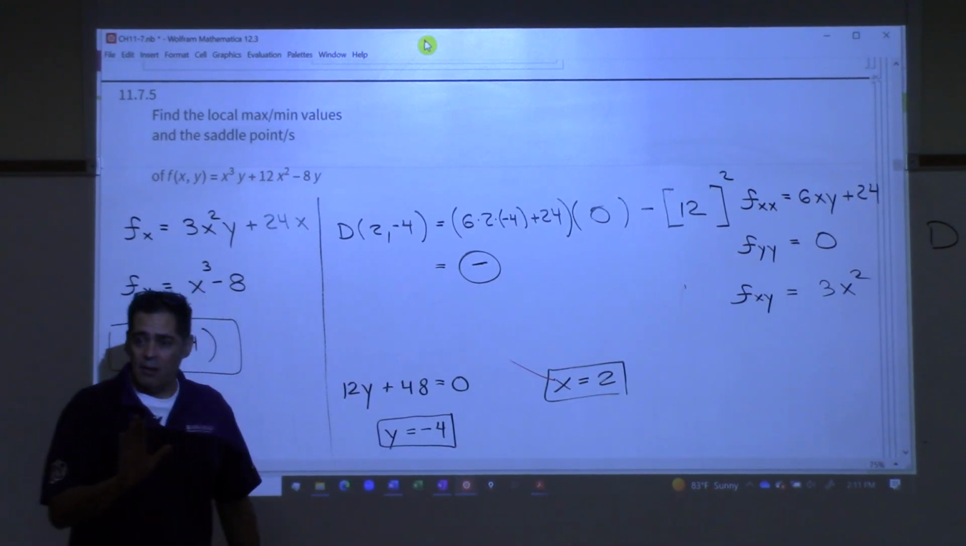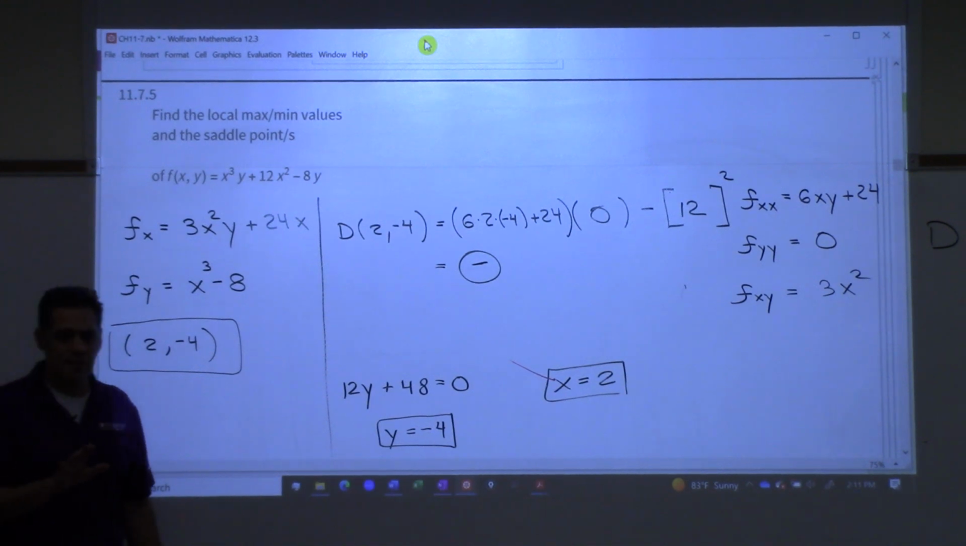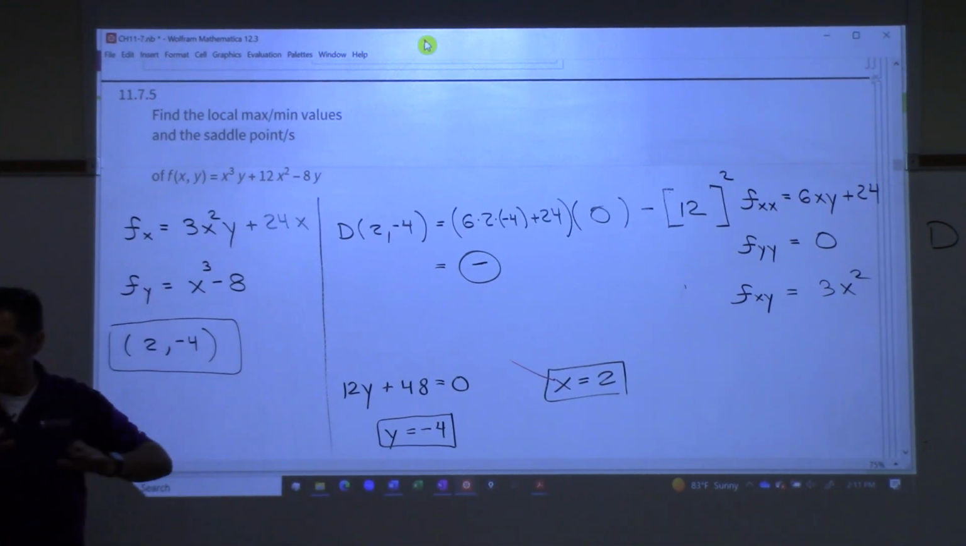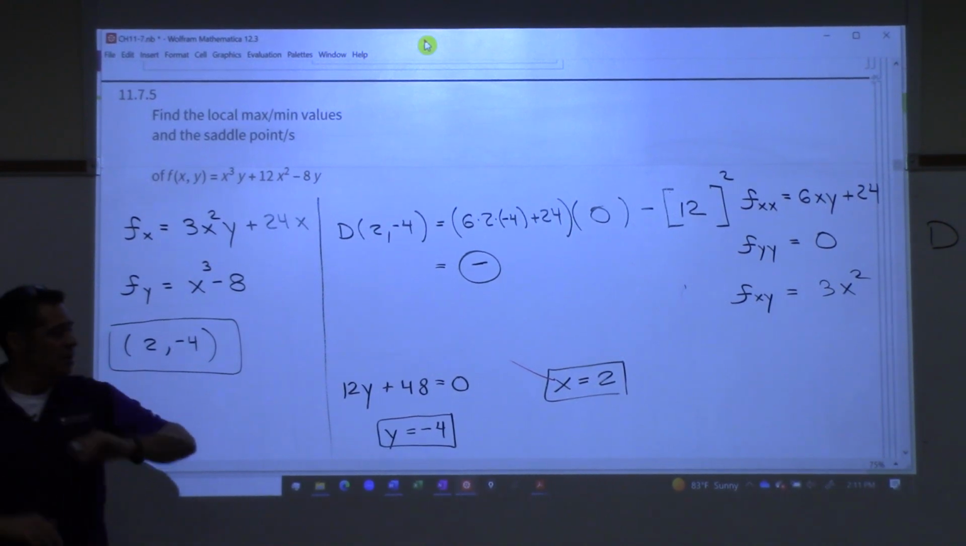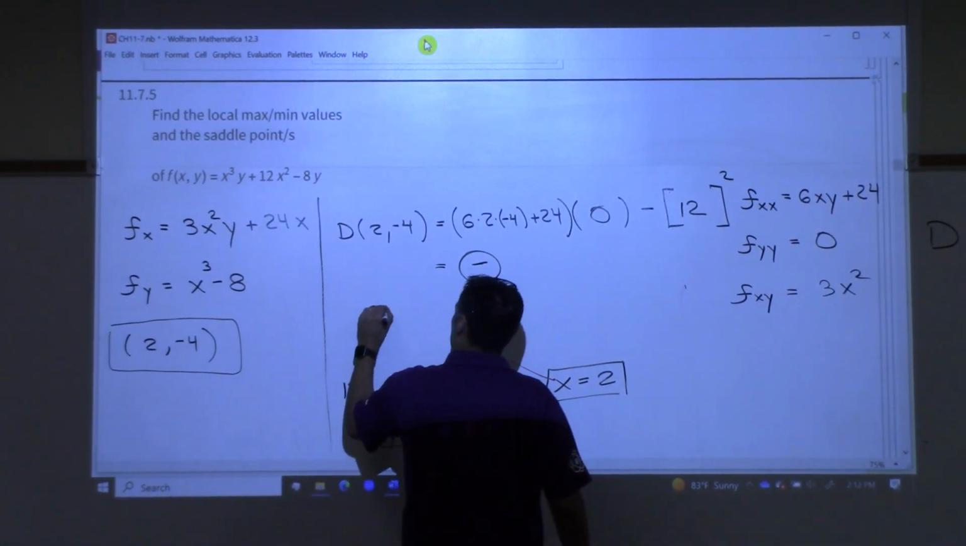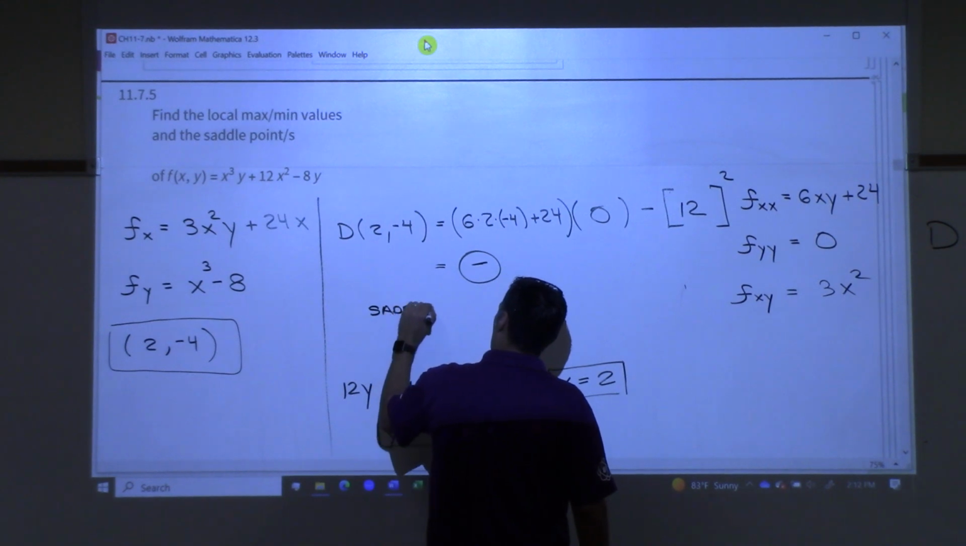But I do have a saddle. I do need to state that because it's not just some random point on the surface. There's something interesting happening there. It's kind of going down in one direction and up in the other. So I have a saddle point